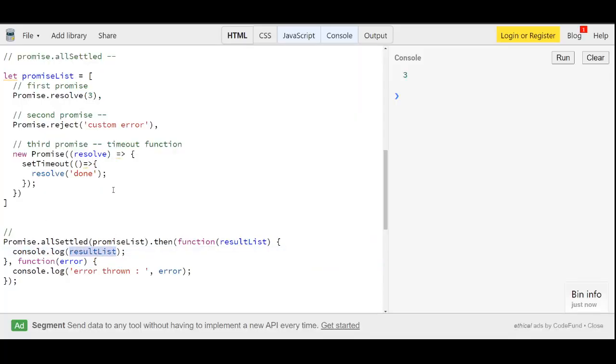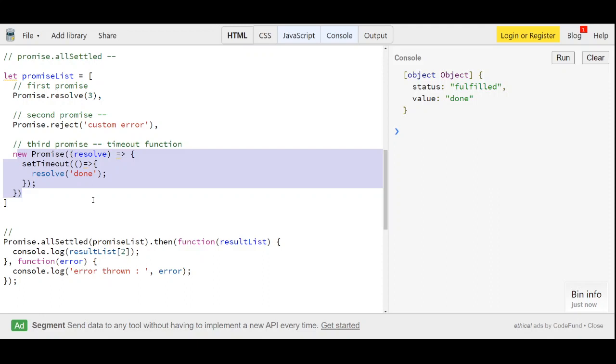So in the result list itself, if I print the first element, then the value 3 will be there, right? And if I print the next one, it is this promise error, right? And 2 is done after 1 second. So this is how we get the result list here.